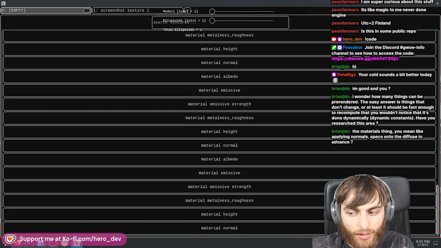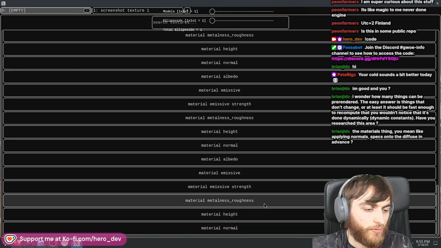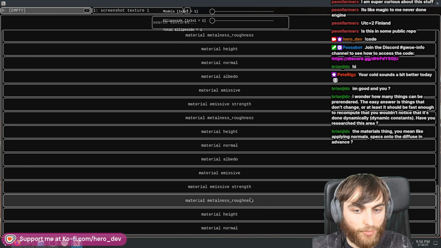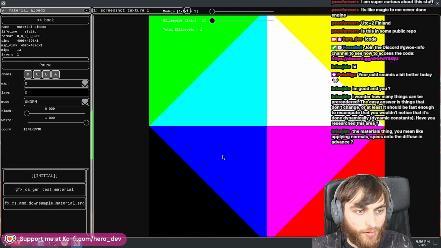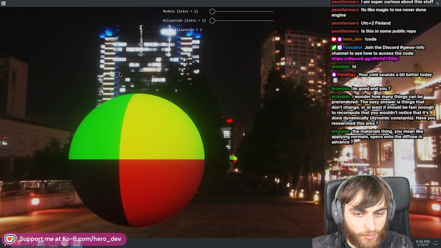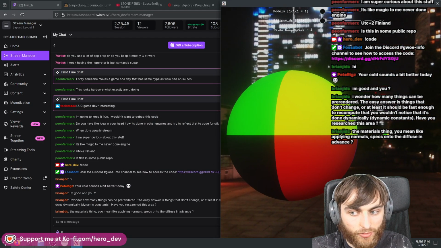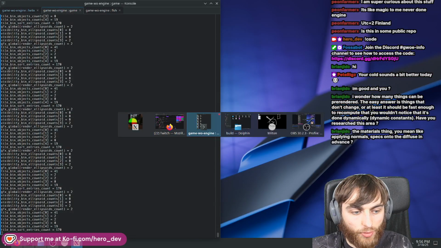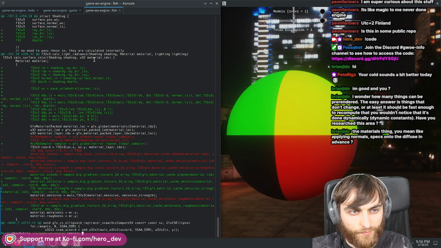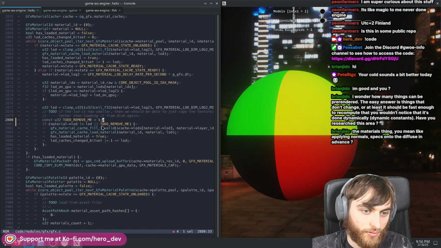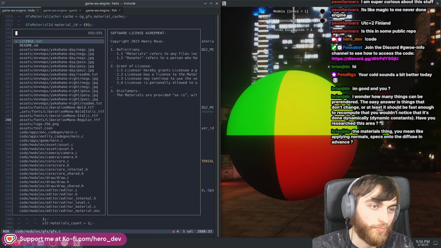Lighting, if you know about GI, global illumination, basically they would bake the GI, the global illumination, into light probes, and they would ship that on disk, and then that would be